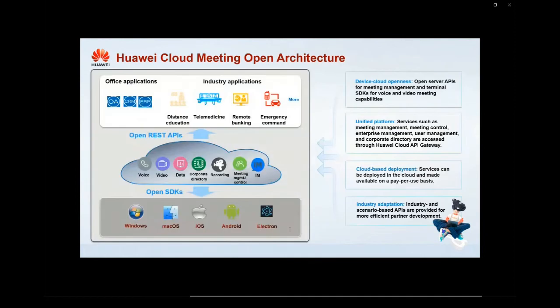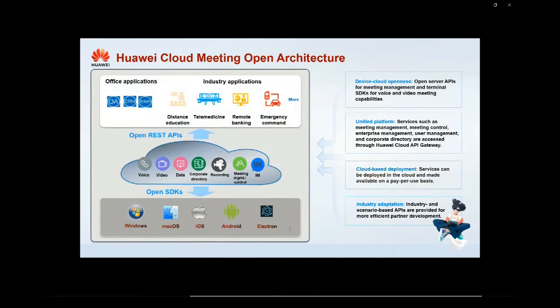Then, in this part, we can see the open architecture of Huawei Cloud Meeting, which has two aspects. First, on the server side, we open meeting management APIs. Second, on the terminal side, we open audio and video meeting capabilities through the SDKs.